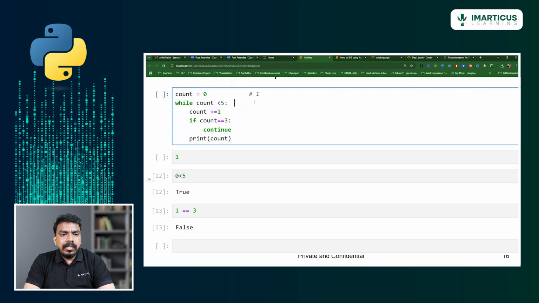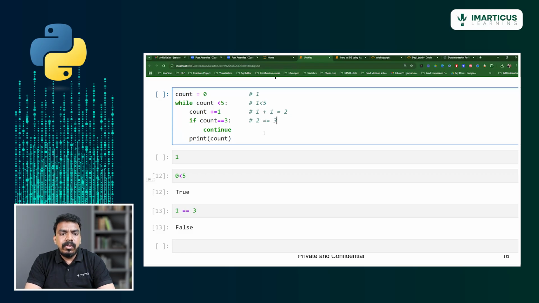And next it operates the same thing. It is checking the condition: 1 is less than 5. Of course, yes. So increase the value of count by 1; initially the value of count is 1, you are increasing it by 1. So the value of count will become 2. Now you are checking whether 2 is equal to 3.